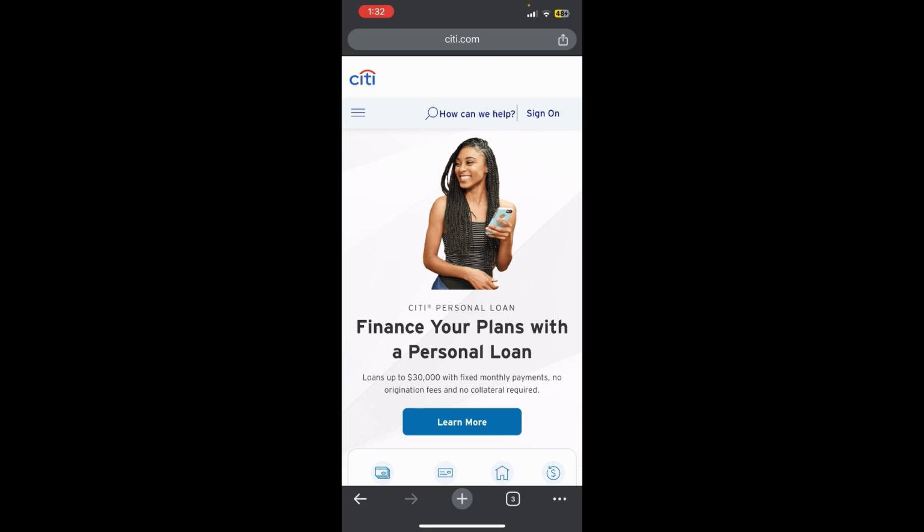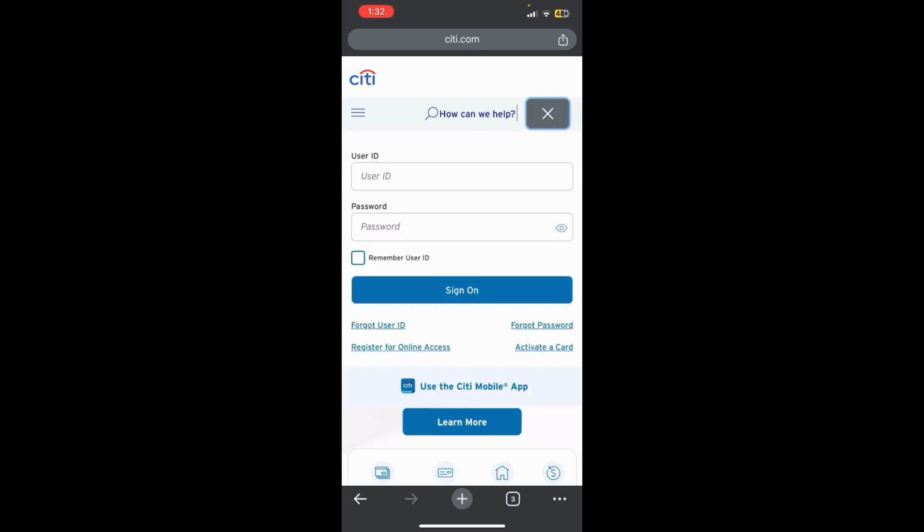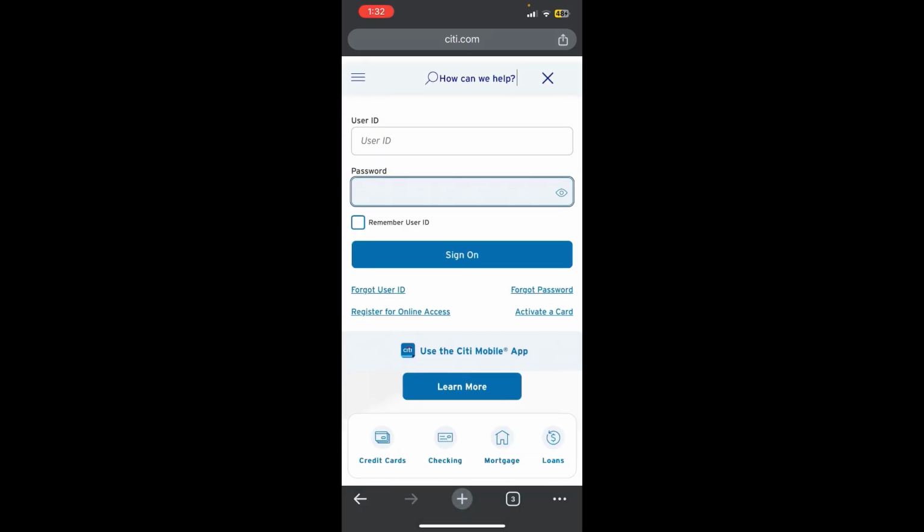Citibank credit card, where you can see there is a sign on option at the top right corner of this page. So let's tap on that sign on option, and now you can see it is asking us for our user ID and our password. Once you complete your credentials, simply tap on the sign on, and you'll be able to log in